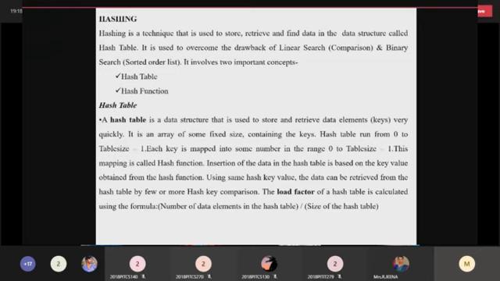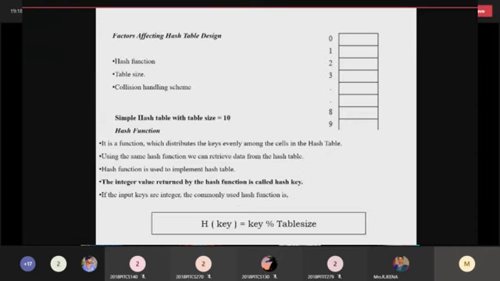Hash key is equal to key modulo table size. That is the basic formula for applying the hash function. The hash function is very simple. You take the key input from the user, and take it modulo the table size. You get the remainder value. The remainder is called the hash key. The hash key is nothing but the index value of the table you already created. Find the relevant index based on this hash key and place the key value in the particular table. That is the purpose of hash table and hash key.